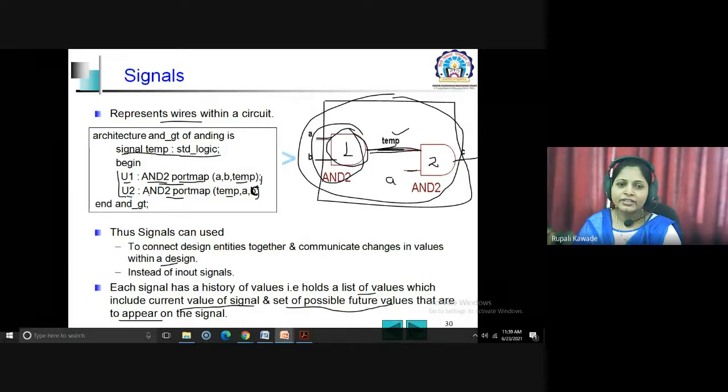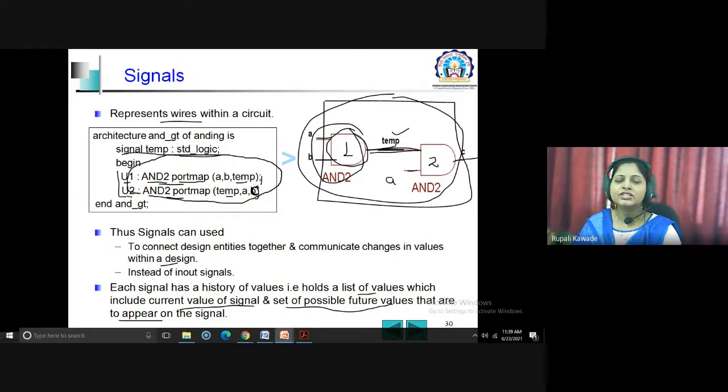So you can find this kind of port mapping in the structural modeling style, if-else statements or sequential statements in the behavioral modeling style, and Boolean expressions in the data flow modeling style. Tomorrow we will see the basic coding, how to write a VHDL code.